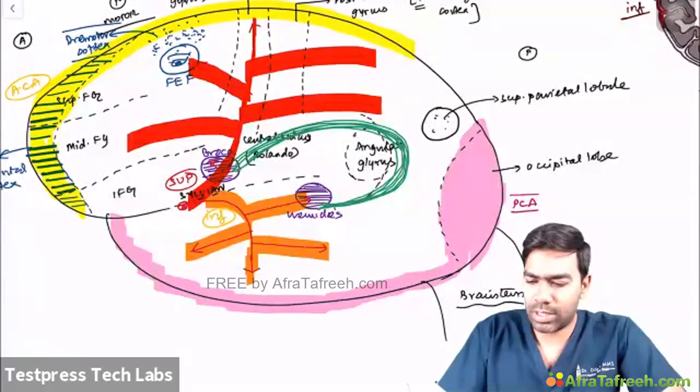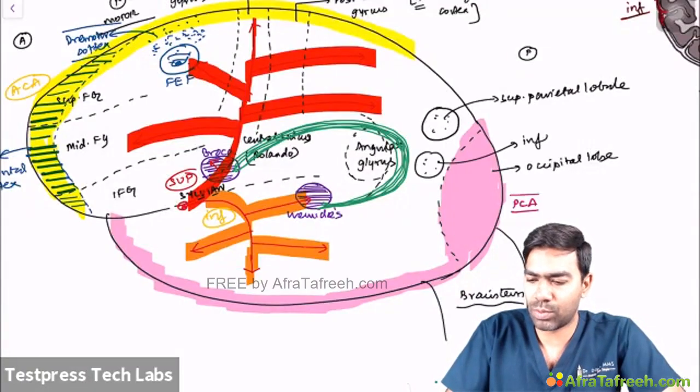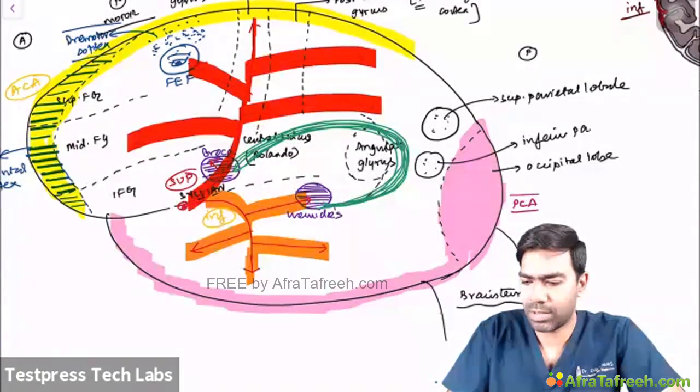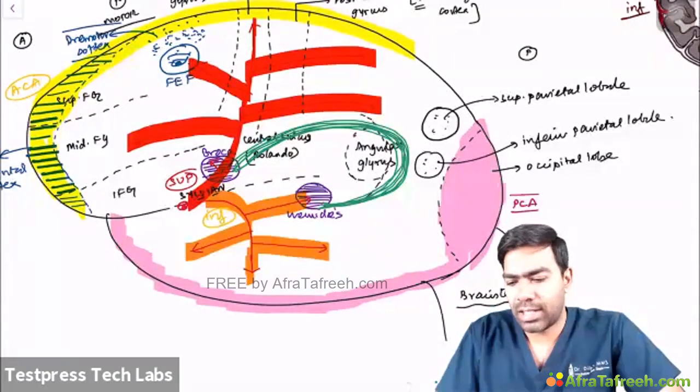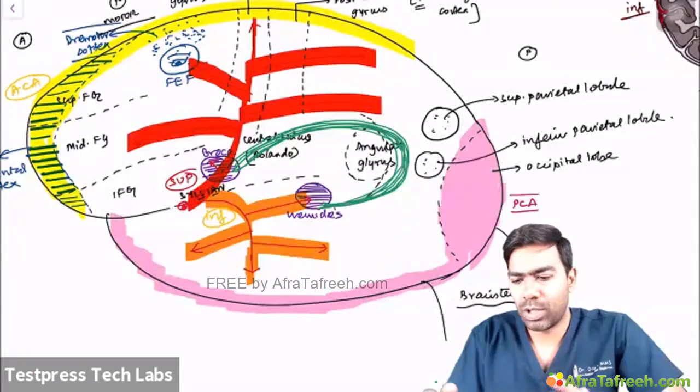And let me call this area here somewhere. This is an inferior parietal lobule, which has its own function, which I'll be discussing in some time. Inferior parietal lobule. And you have a lot of other areas also. And at the same time, you have some optic